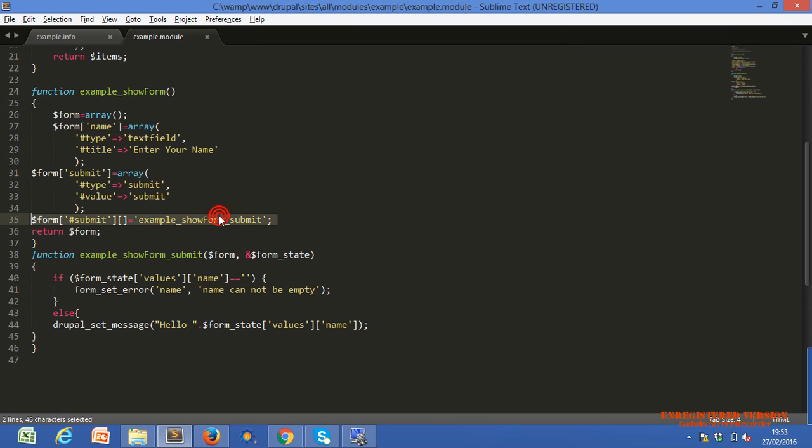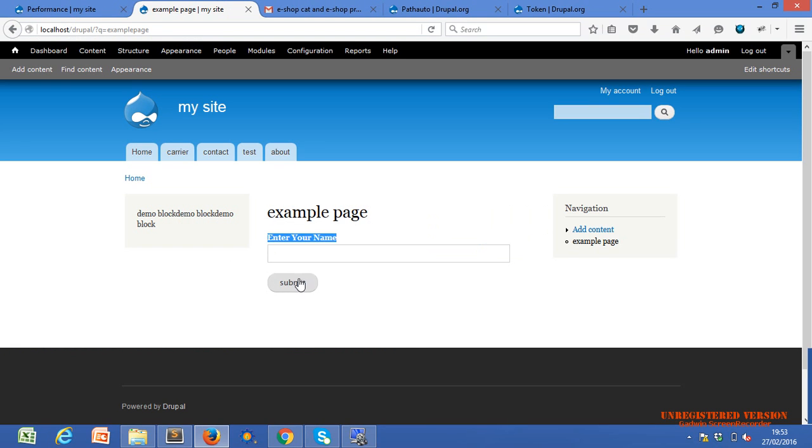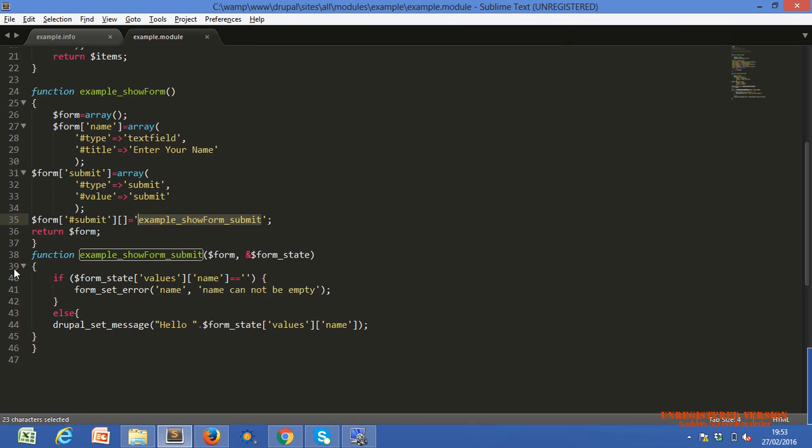This is the function we bind to one event. Which event? A submit event, the submit event of a form. Whenever we click on submit, this function will be called. Which function? This function, example show form submit.